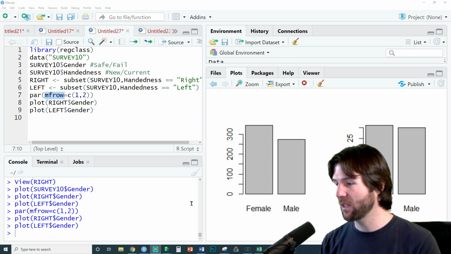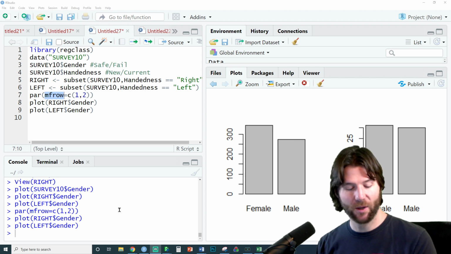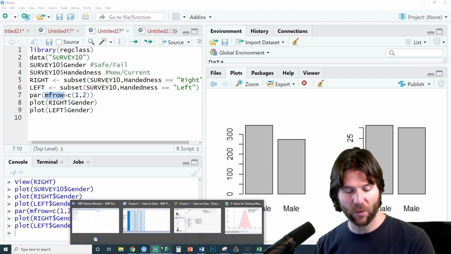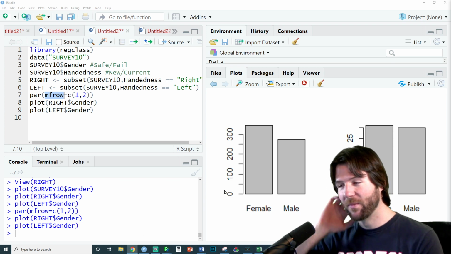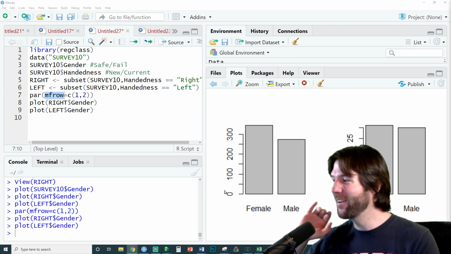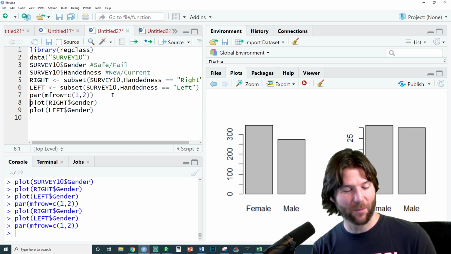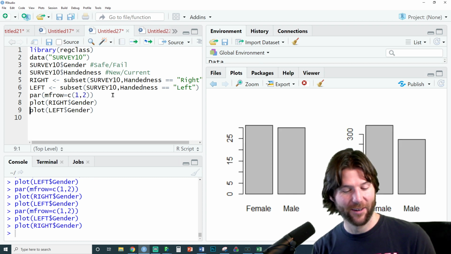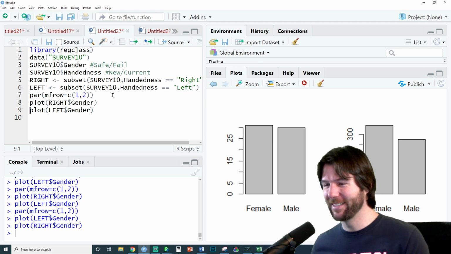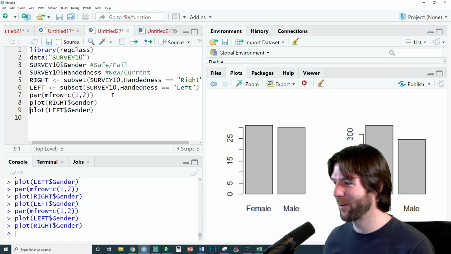But now I've made side by side box plots, and I really should label these things. Sometimes I'll go in and use Photoshop to edit a graphic if I can't get it to work in R. It's always better if you know the code for it, though. So right-handed is on the left. Oh, no. Let's see, that makes sense. Okay, so then we'll go here. We'll reset the par flow. And so the first time it puts it, there it goes. And then we go right here. There we go. It's good to make sure. And now we've got the left-handed on the left and the right-handed on the right.